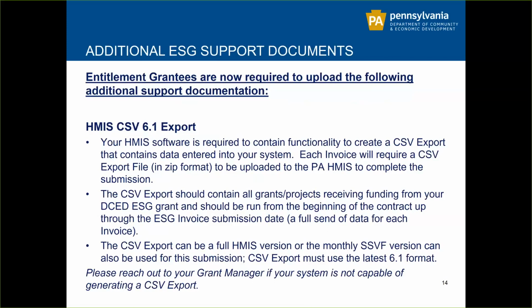And what we can do is take this CSV import, bring it into the system, and compile it with all of the other participating HMIS subrecipients and recipients, and have all of the data there together. So in the future, as we work through this process, we may be able to use this exclusively for ESG CAPERs, the annual CAPERs that are due, as a source for all of the data directly within HMIS itself. Now, it can be the full HMIS version, or it can also be the SSVF version,